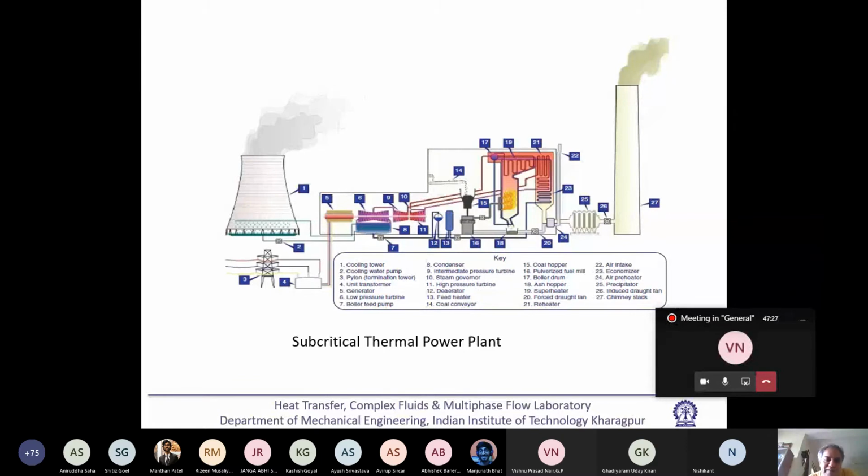So what is happening, please see. I will show you some animation also after some time. Actually, from time to time, if I show things, that would be good. If I show all these things at the same time, probably you will forget. So important things are to be repeated with intervals. So we know coal is... Is it visible to everybody, this figure? Of course, you have a copy of it, but is it visible to everybody?